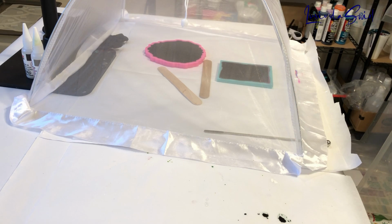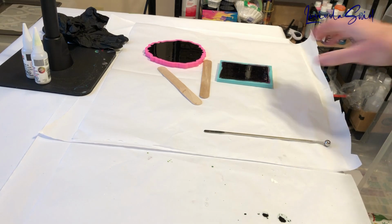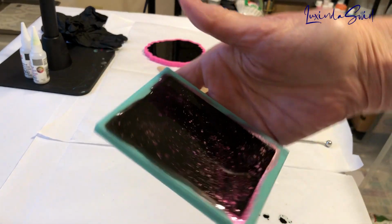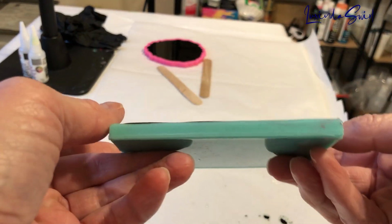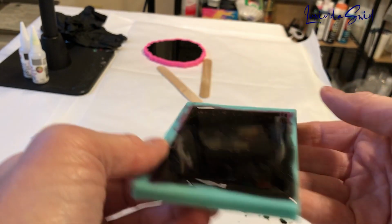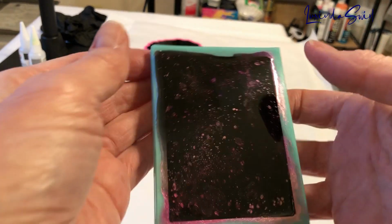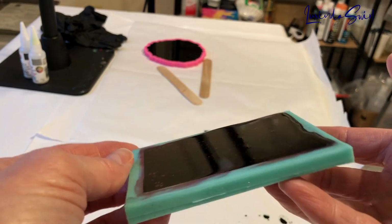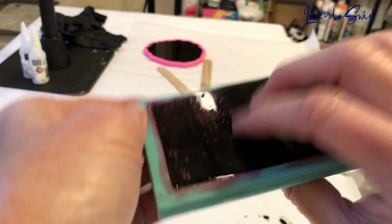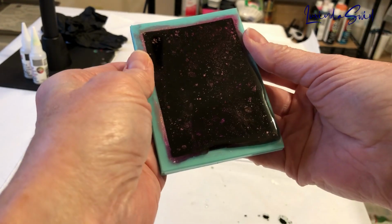And we're back. So let's see how these two pieces turned out. I'm really kind of excited about this. I obviously poured way too much. Let's get this in frame. You can see it's domed. It flowed over the edge of the mold. I knew these were very shallow molds, these tarot cards, but obviously I overdid it anyway. Unfortunately, but let's see how it turned out, because the real test here